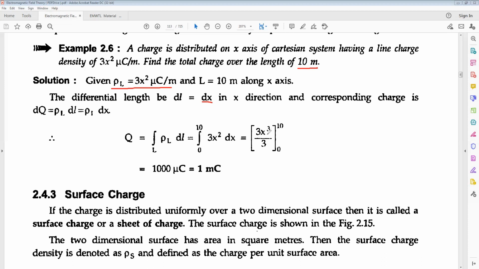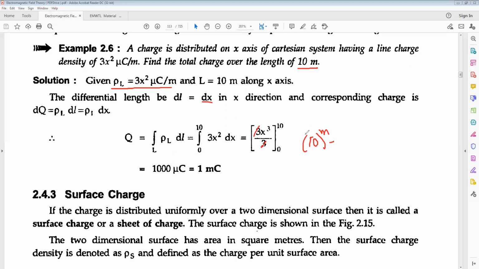The integral of 3x square is 3x cubed by 3. The limits are for the total charge over the length of 10 meters, which means it starts from 0 to 10. The lower limit is 0, the upper limit is 10. So the 3 gets cancelled here. X cube means 10 cube